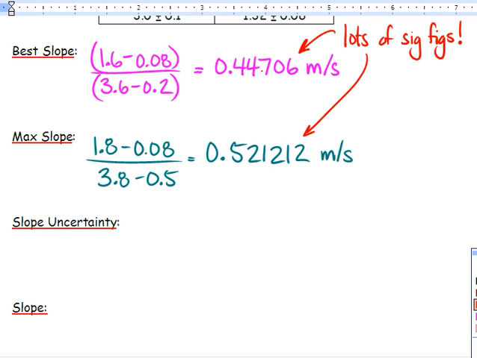So our final answer is actually going to be our best slope. But we're not really sure if that's exactly what the slope is. So to get your slope uncertainty, it's a very easy format. You simply take your best and you take that away from the max. So it's the maximum slope minus the best slope, which is going to be